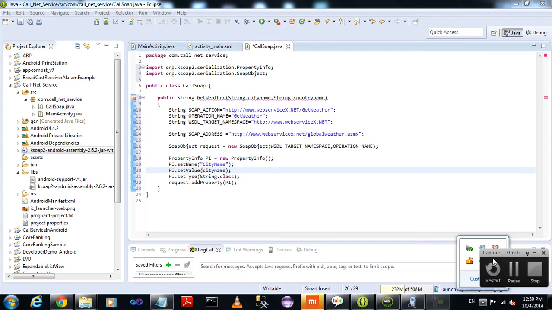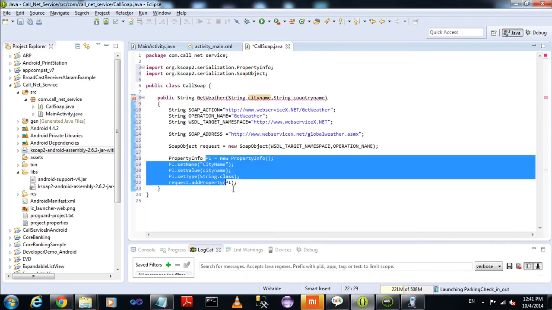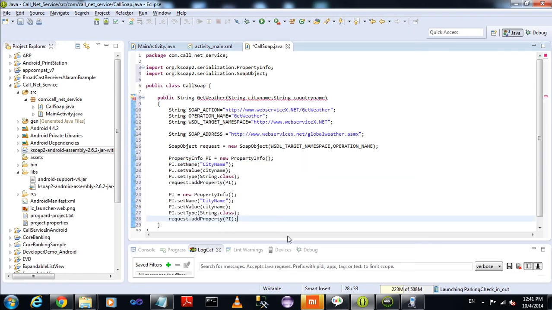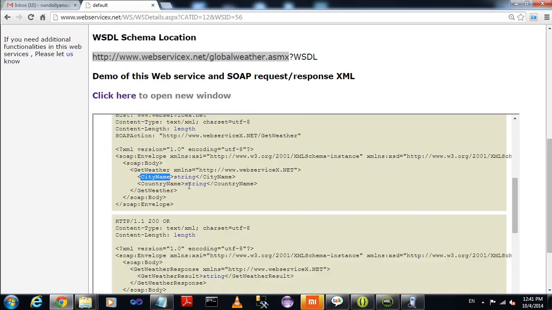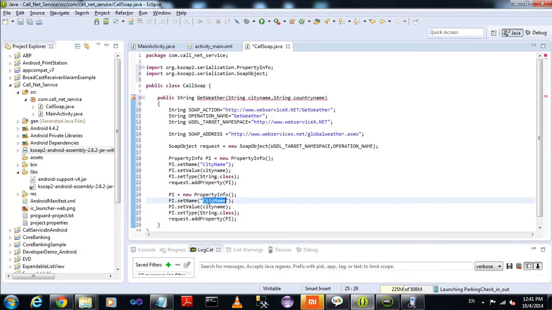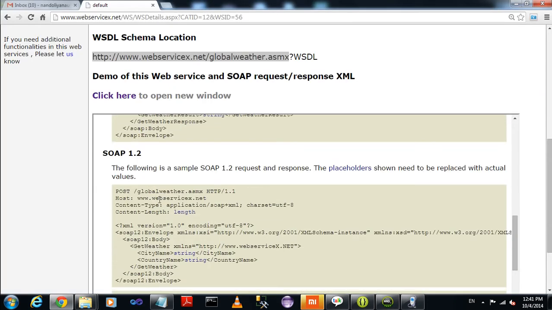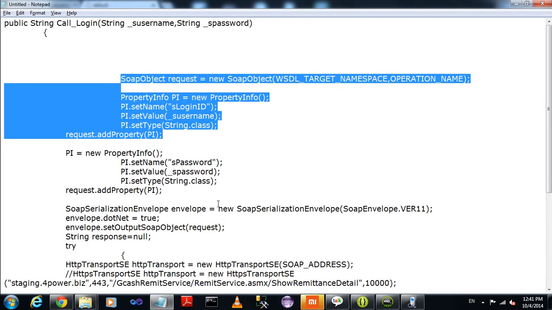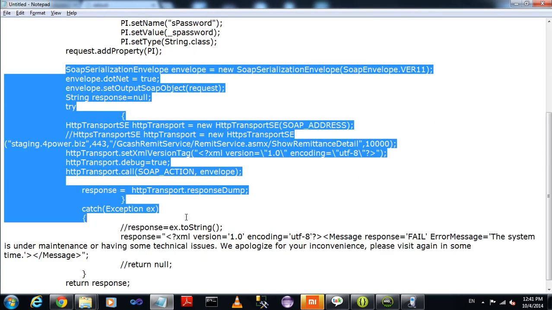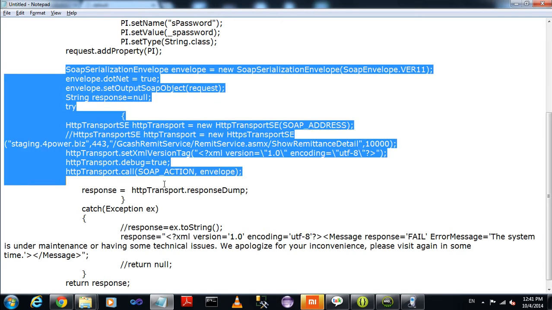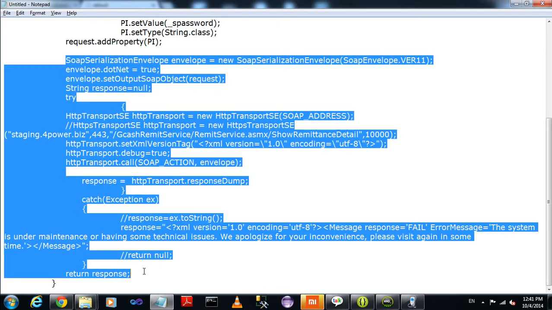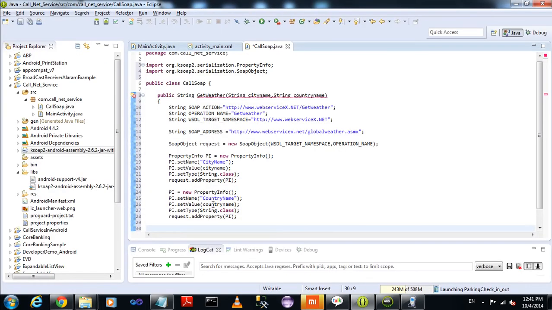The next parameter: let's go to Google, copy country name, and the value is country name. The type is string, as mentioned on the site. We can just check. Now copy the pending code and paste it in the code.